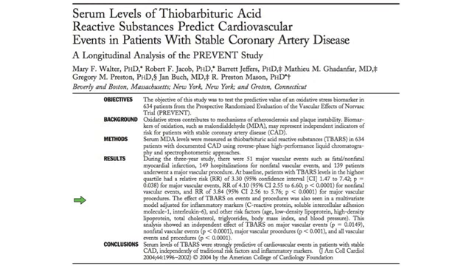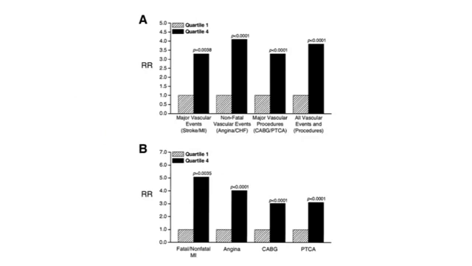Absolutely it does. This was a study that was published in JACC, the Journal of the American College of Cardiology, back in 2004. And what they found, and I have no idea why this study didn't get more press than it did. You would have thought that the press would have been all over this because this was a really big deal. If you look at the results, they measured T-bar levels, and they put people into four quartiles from lowest T-bars to highest T-bars.